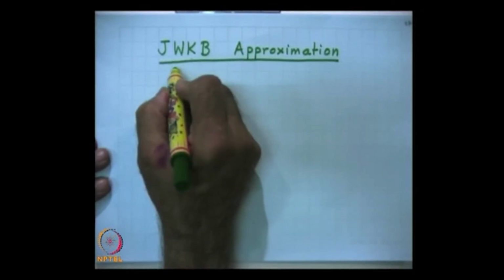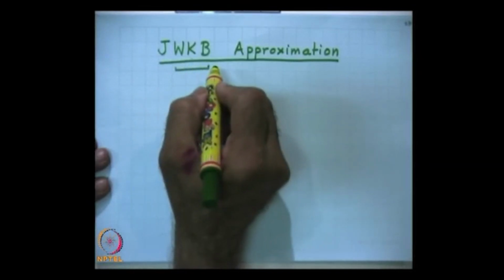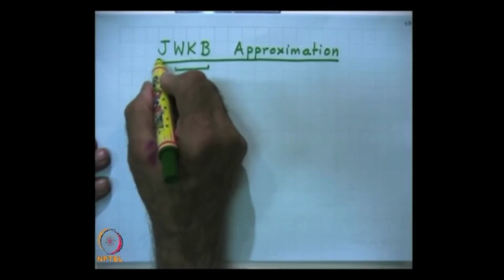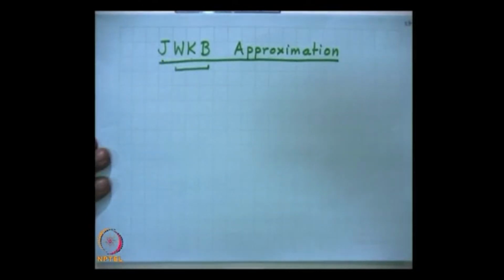Many books write this as WKB approximation, but since it was Jeffreys who first put forward the method as a mathematical